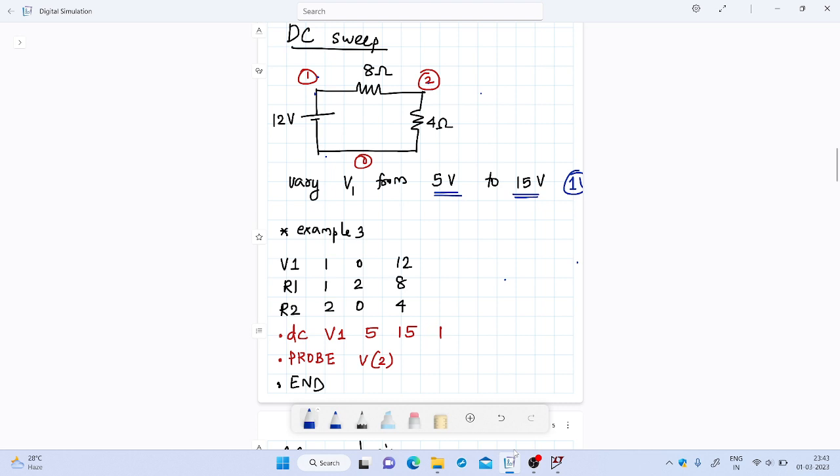So to do that we will start with a comment line, star example 3. Then V1 is between node 1 and node 0, value is 12. R1 is between 1 and 2, value is 8. R2 is between node 2 and 0, it is 4. Then use this command, dot DC,